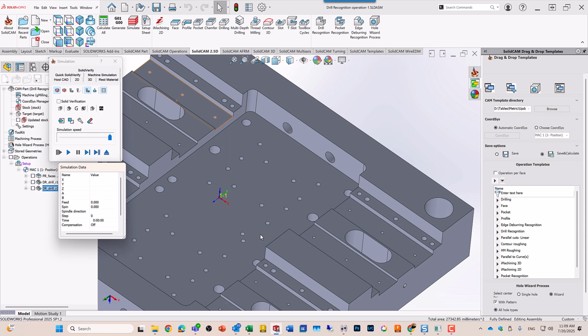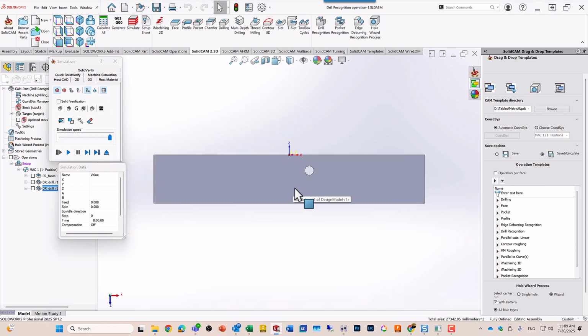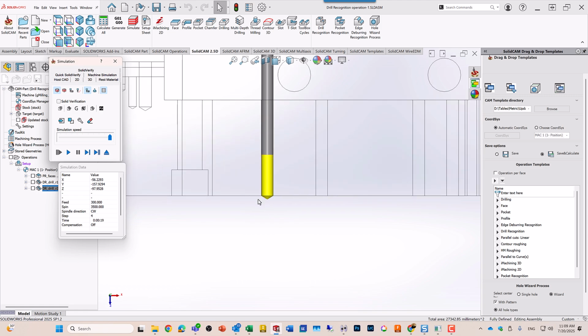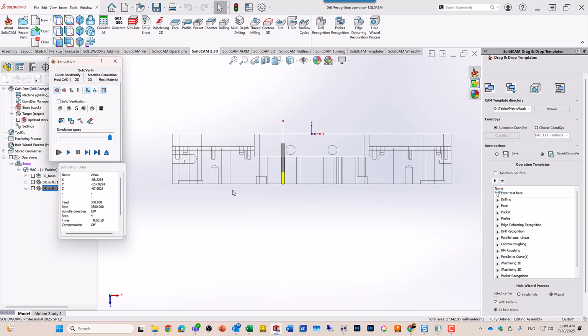If I take a look at my simulation, let's put it at a side view so you can see it going through the part. You'll see the following. The tool will go down to that hole, then it'll go to the bottom of that hole. Of course, if I wanted, I could have given it also a delta value as well. So you know what? Let's go back